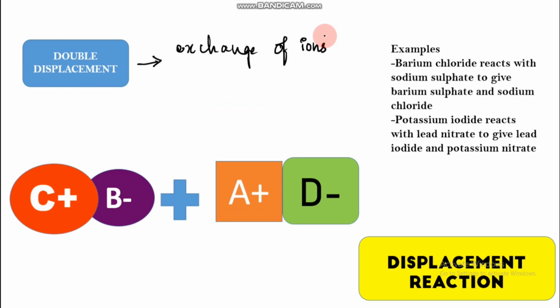Initially there are two compounds, those two compounds consist of ions, and those ions are getting exchanged between the two compounds. This exchange of ions which leads to new products, we are calling a double displacement reaction. Now, for example,